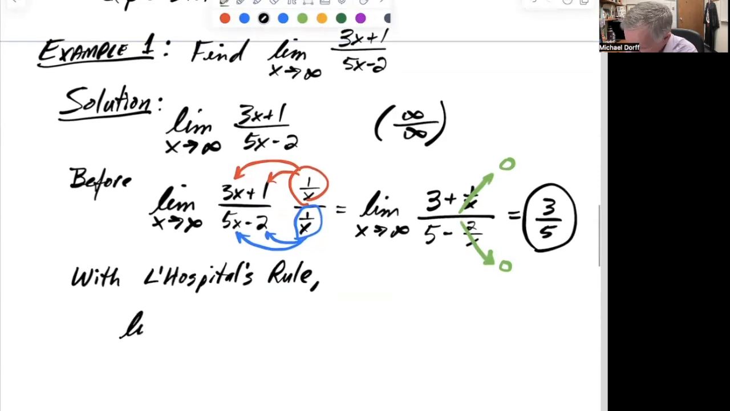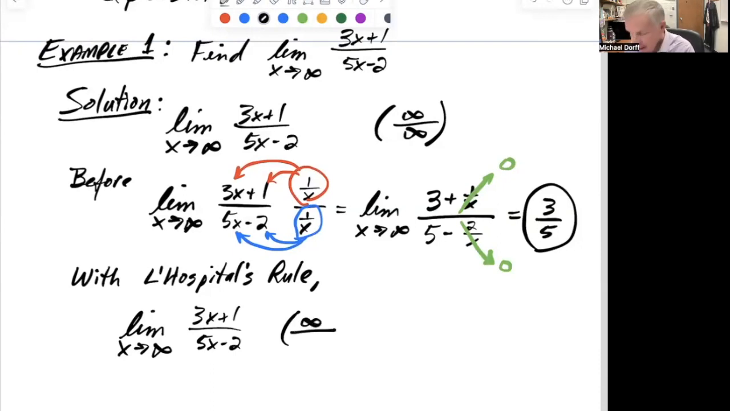Here, we've got the limit as x goes to infinity of (3x + 1) over (5x - 2). And we know that as x gets really, really large, the numerator is going to get really large, so we'll say infinity. And likewise, the denominator gets really large, so we get infinity